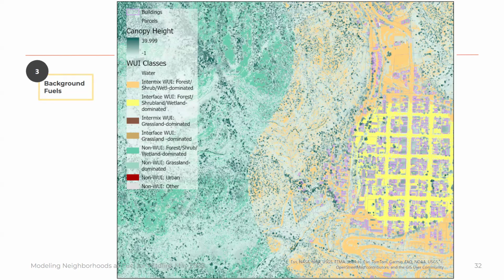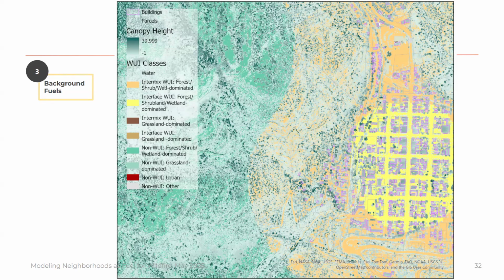And then background fuels were characterized with the Silvis global WUI raster. This raster says, is this intermix WUI where structures and vegetation commingle? Is this interface WUI where there's the built environment that's right next to wildlands? Or is it